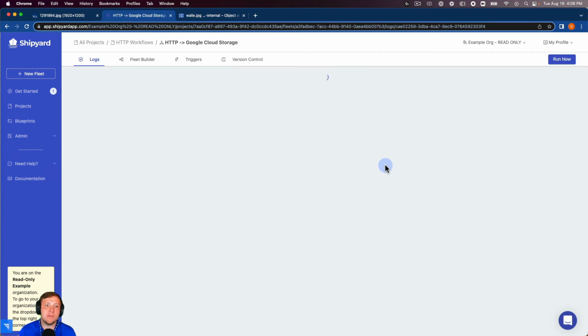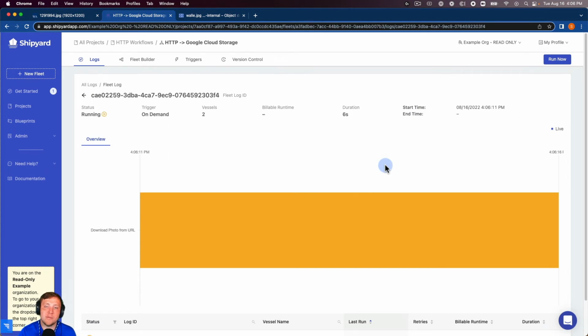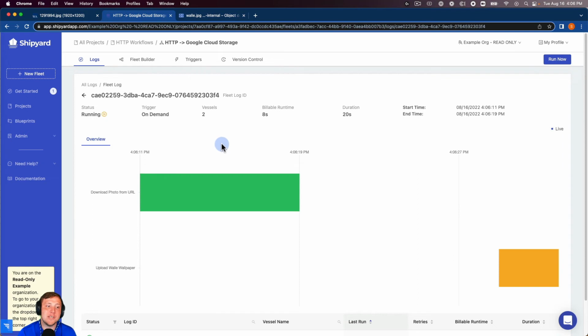But you can also kick your fleet off using our triggers option. So we have two triggers. We have a scheduling trigger where you can schedule it to run every hour based on the minutes. You can do weekly, daily, monthly as well. And then we also have an API trigger where you can call the API to kick off your fleet as well. So you can see this took us over to the fleet log page here with the Gantt chart showing